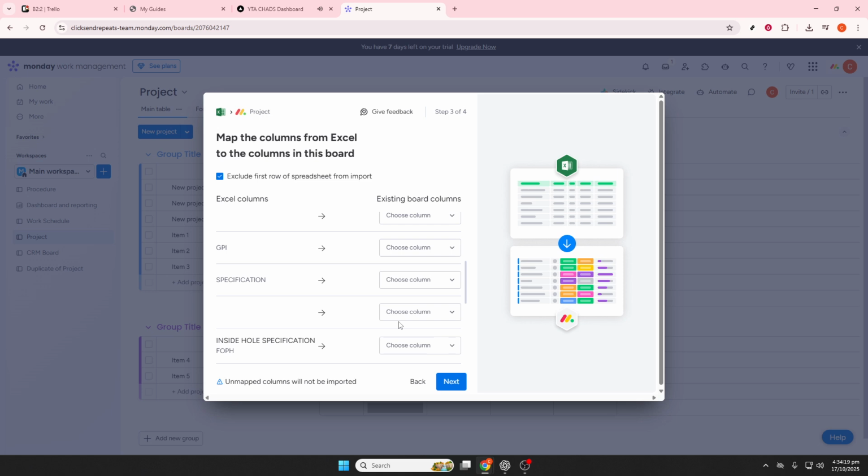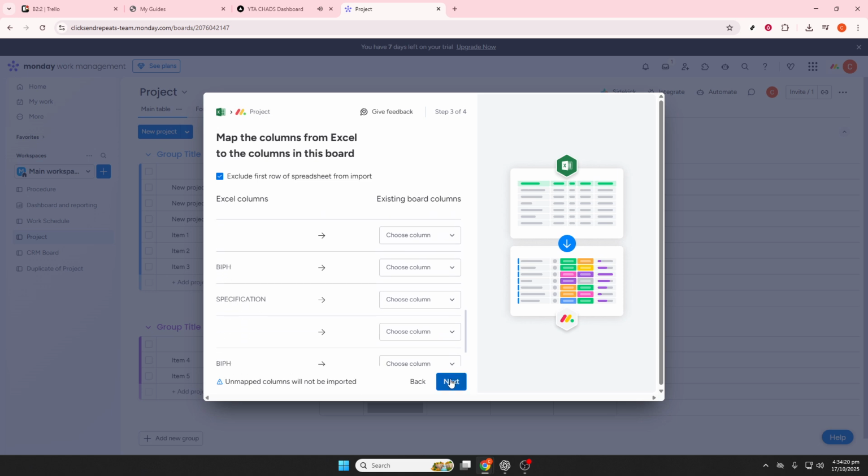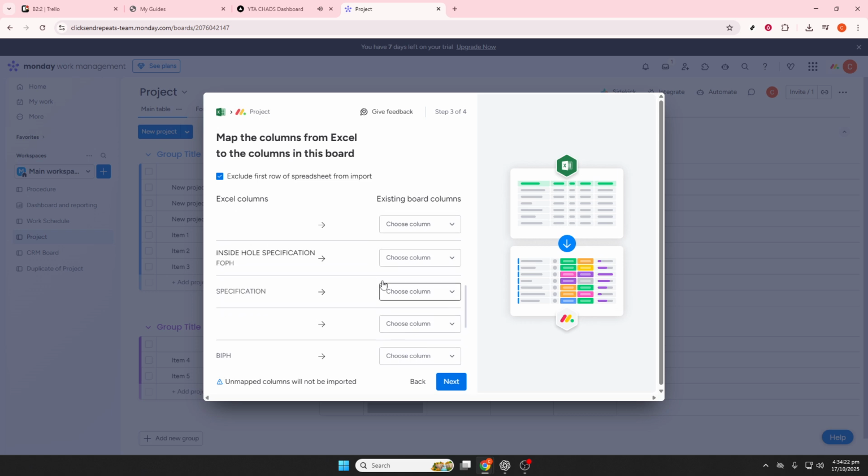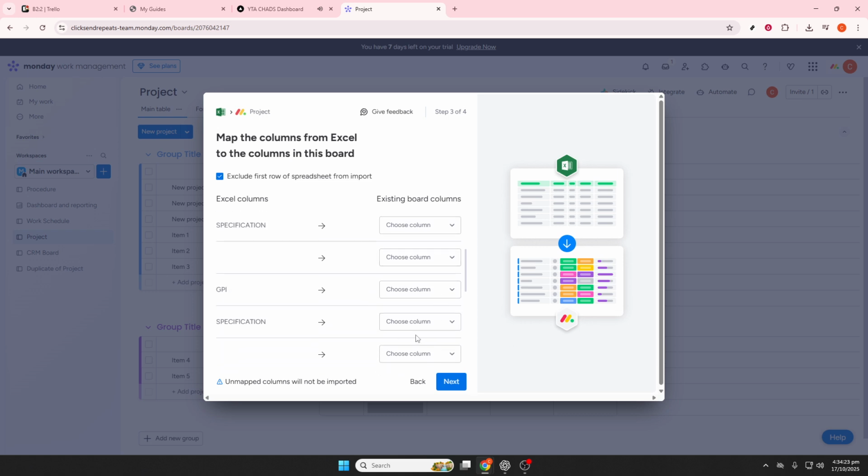With this integration complete, you can immediately start using automations, apply filters, and create dashboards to better manage your tasks and projects. And there you have it, a straightforward way to import and export Excel data using Monday.com. By following these steps, you'll be able to organize your workflows more efficiently and keep track of